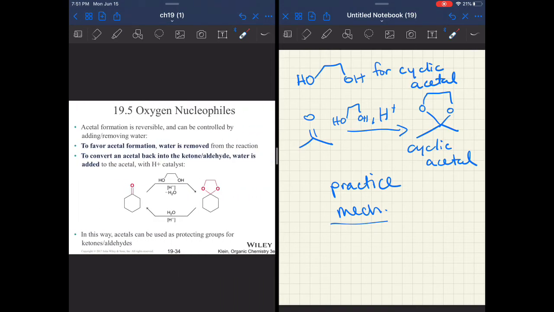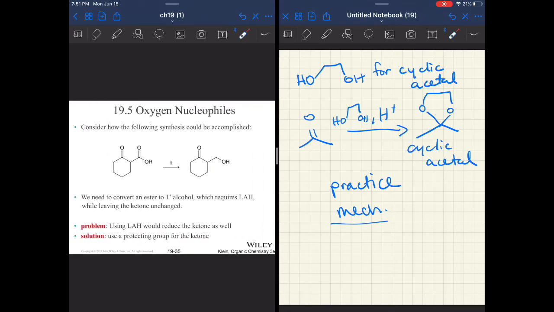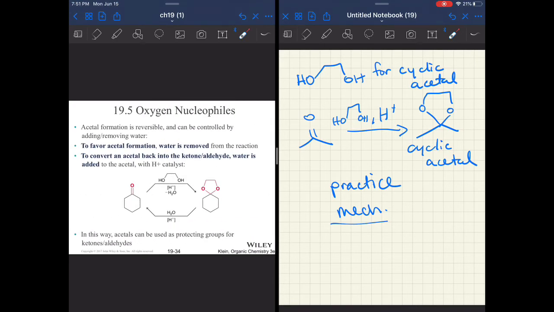Since it can be removed, do we talk about this here? Yes. We can use this as a protecting group. You can take an entire class just on protecting groups, so we're just going to look at this one and explore how it can be helpful. What's important is that a protecting group can go on and not be reactive under certain conditions, and then you can easily remove it. So for an aldehyde or a ketone, you can put that cyclic acetal on, and then